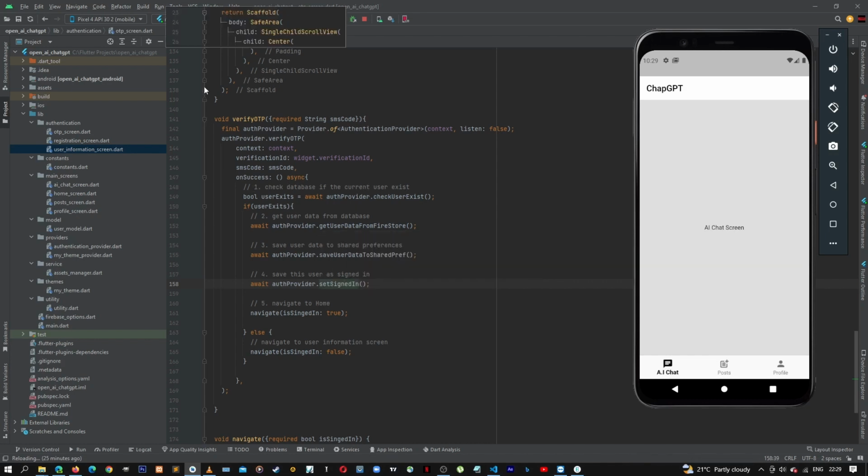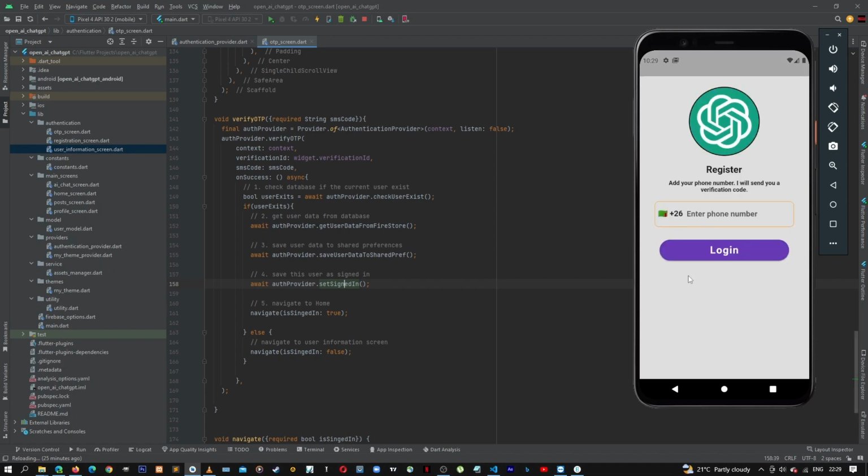This application is starting from the registration screen. Seeing that it's starting from here when we know that we have signed in, this is not what we want. We want it to know that this user is signed in. So for that, let's go back to